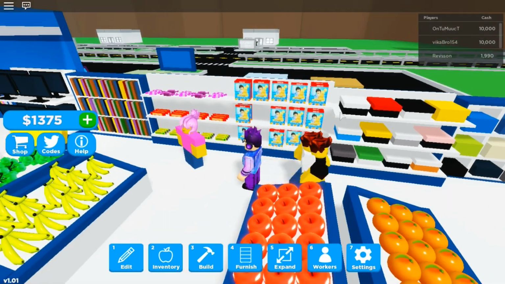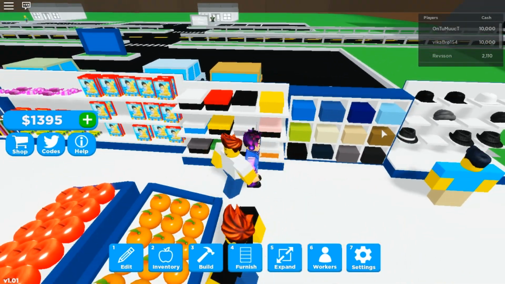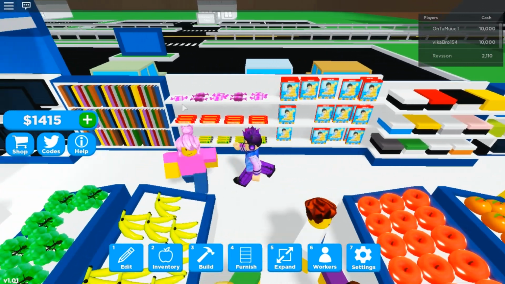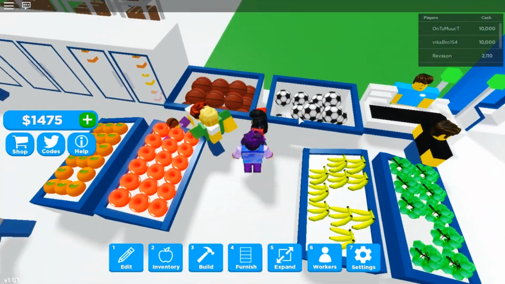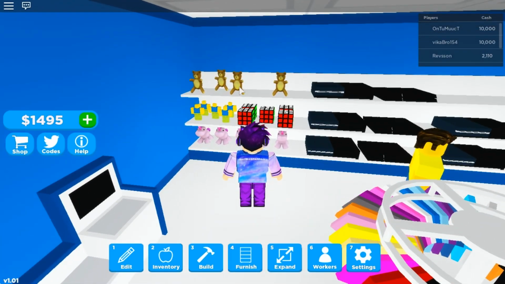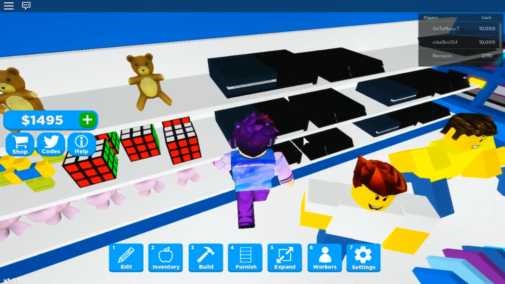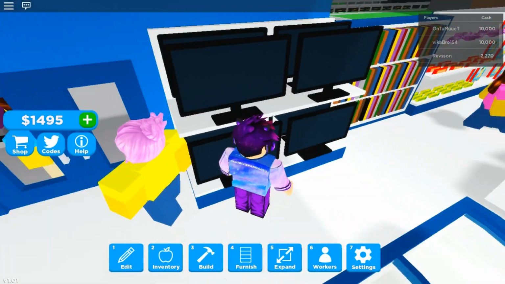So you got shoes, this is pants, then you got hats, video games, sweets, books, fruit, basketballs, soccer balls, and then you got toys, and then you've got game consoles, and then you've got flat screen TVs,